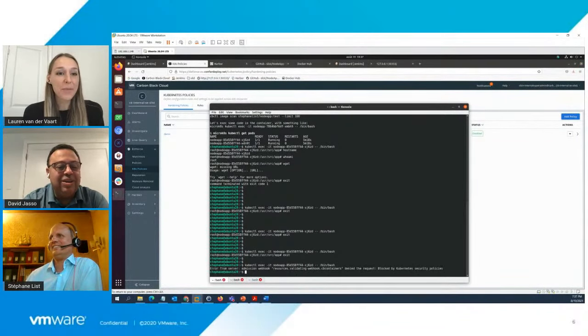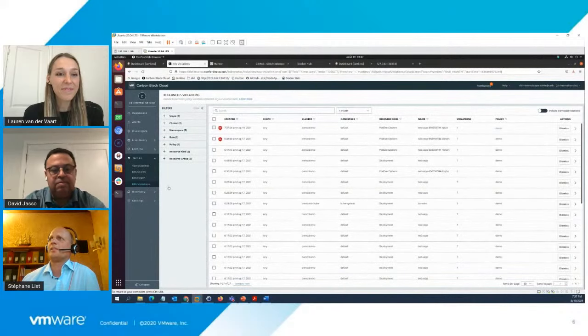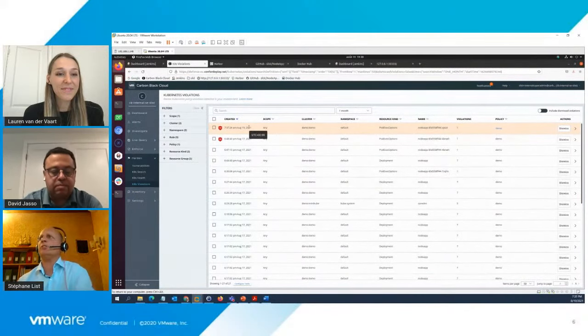Okay, this is where we go. Trust us. It works. Yes, it worked now. Now it is blocked. So what does it mean? It means that with Carbon Black security policy, we can block the deployment if the deployment file is not correct, has not the right parameter. We can block if there are some vulnerabilities inside the container. We can also block some execution like this. Here in violations, we can see in the Carbon Black console that someone tried to exec something and it has been blocked by Carbon Black.